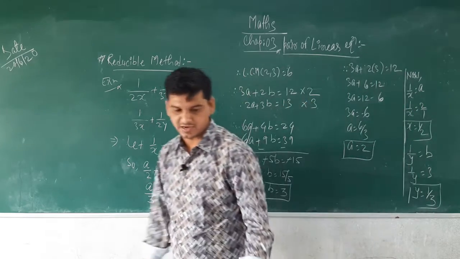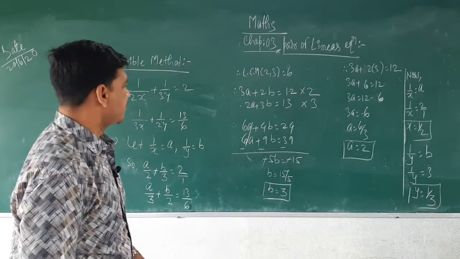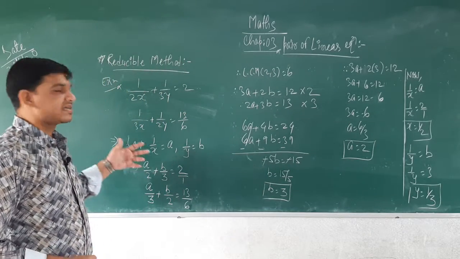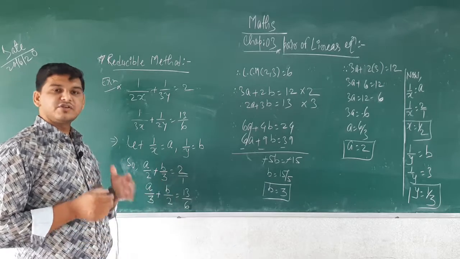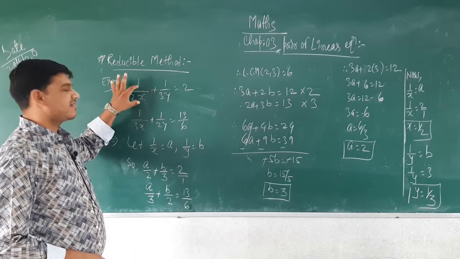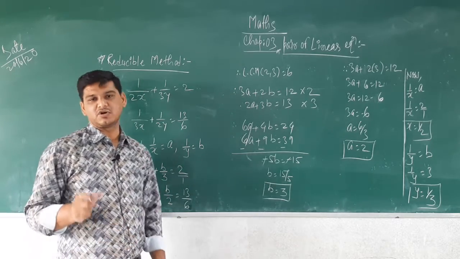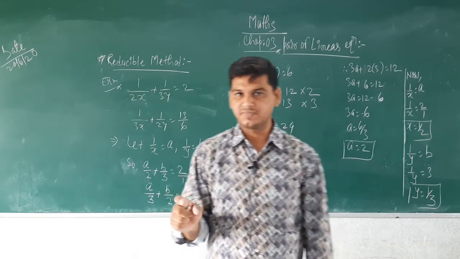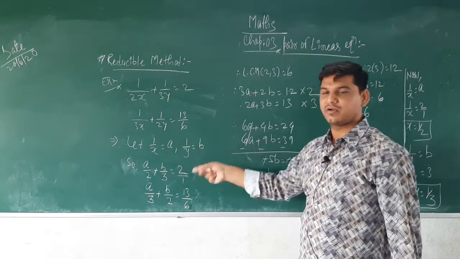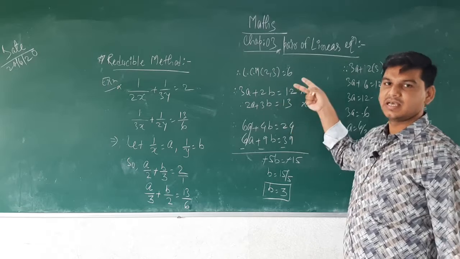1 by 2 and 1 by 3. So that is generally considered as the reducible method. So in the reducible method, whatever the form of denominator which is given in the form of a variable, that you have to reduce. After reducing, you have to convert it into the standard form of linear equation, and after getting